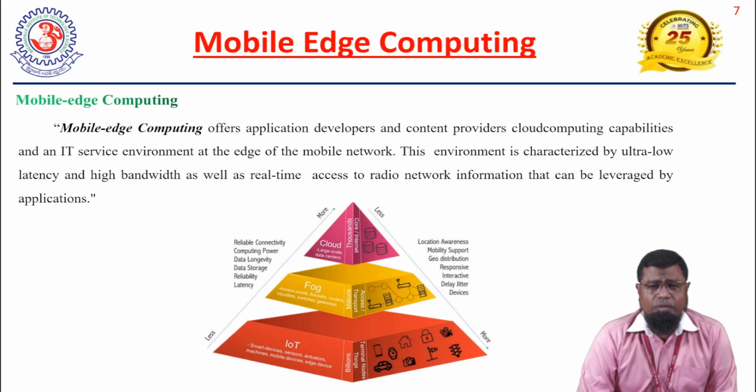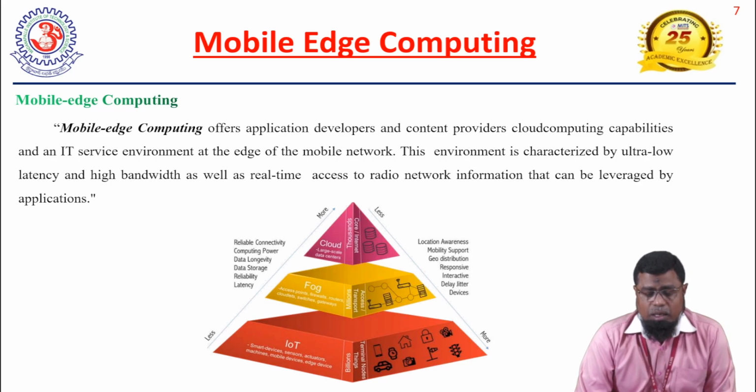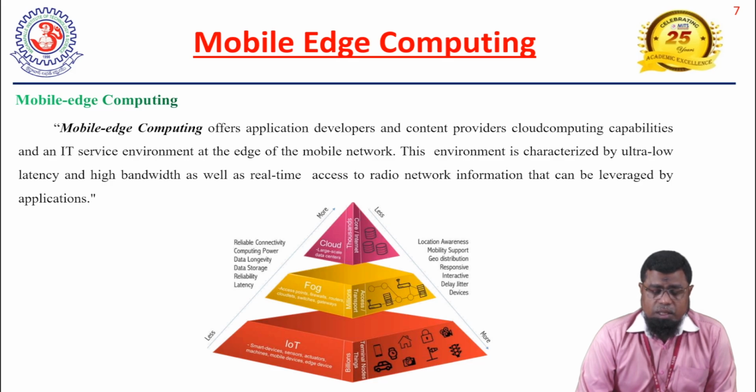Another parameter is computational power. End users require very little power, so they can even run on batteries. Very little energy is required for functioning. But when we go to the top layer, the cloud servers have huge amounts of resources to satisfy the end users' requirements. They need a huge amount of power consumption, so that is why it increases towards the top of the layer. Then data longevity, data storage, reliability, we can see that latency also increases towards the top layer.